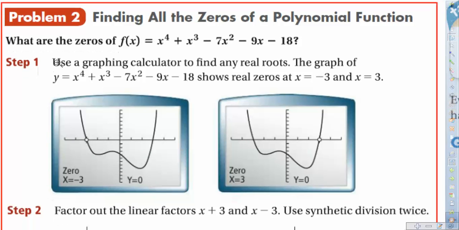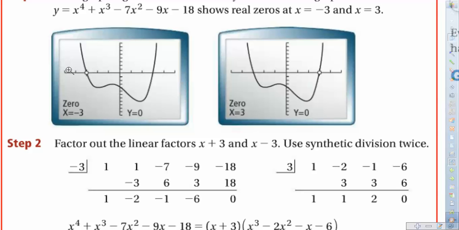And notice on this particular problem, there are two places where it crosses the x-axis. We have one of them right here at -3. And then we have a second one right here at +3. Okay? Once you find those